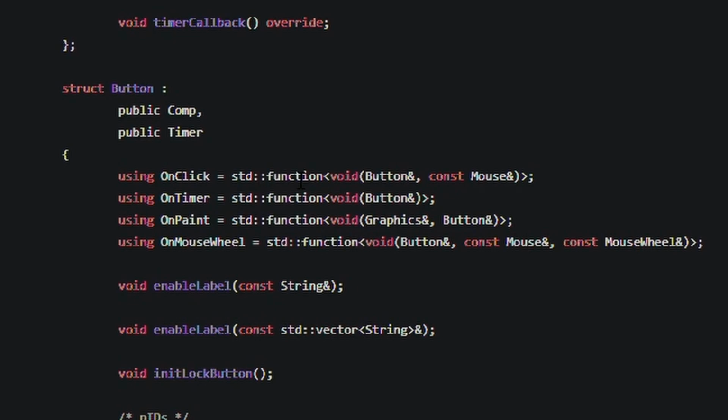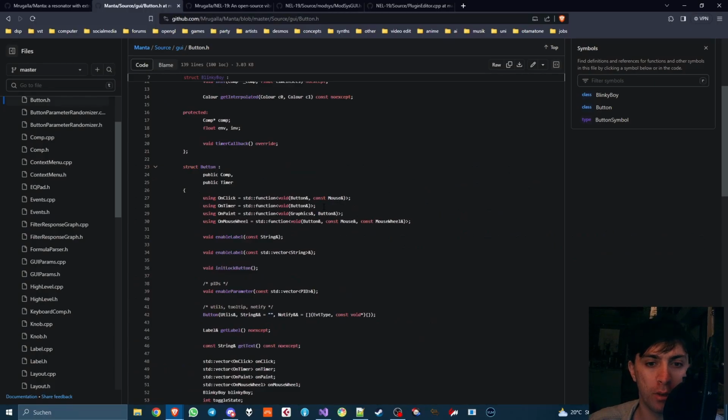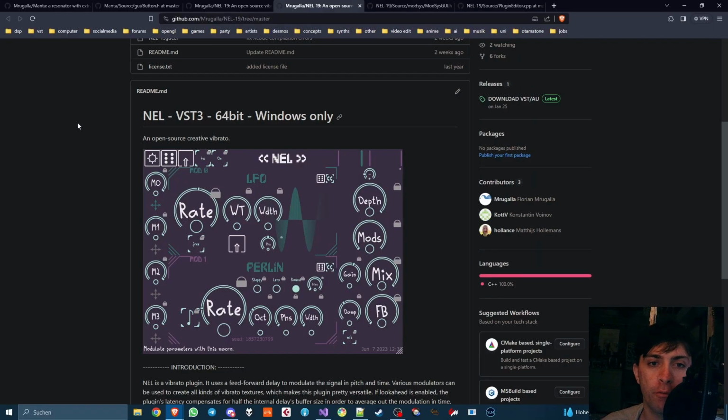I basically abstracted away the virtual function by just adding a vector of on-timer functions so that I can define what the timer should do from outside of the object of the button, instead of having to define it inside of the button directly, in order to make it more flexible what the button should do or not do. But that also means that you have to have a lot of timer callbacks throughout your code. Like every other object has its own timer callback, and at some point you might just be wondering, wouldn't it be way less messy if there was just one timer callback and that one timer callback calls all of the other callbacks? And that's, for example, something that I tried to do